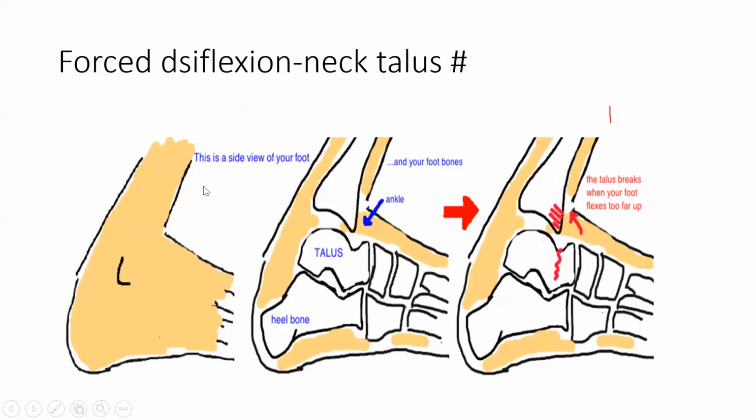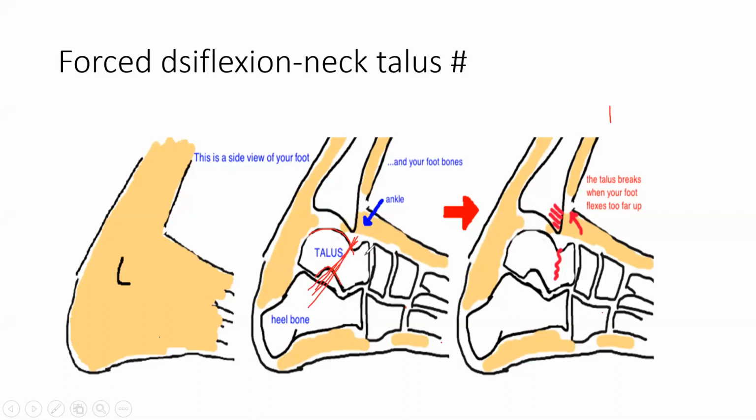Okay, so normally the talus has something very unique. See, this is your side view. You are seeing it from the lateral side. This is your tibia, this is your talus. So the talus has something very unique. This is the neck. You see this depression? This depression is the neck. So most of the time this neck gets fractured.